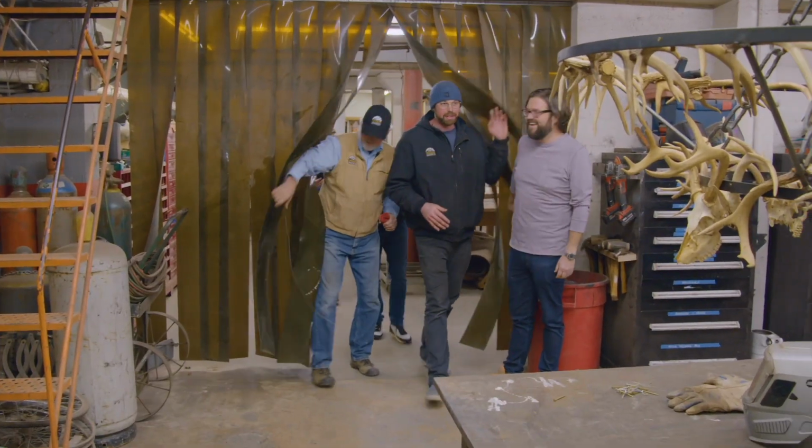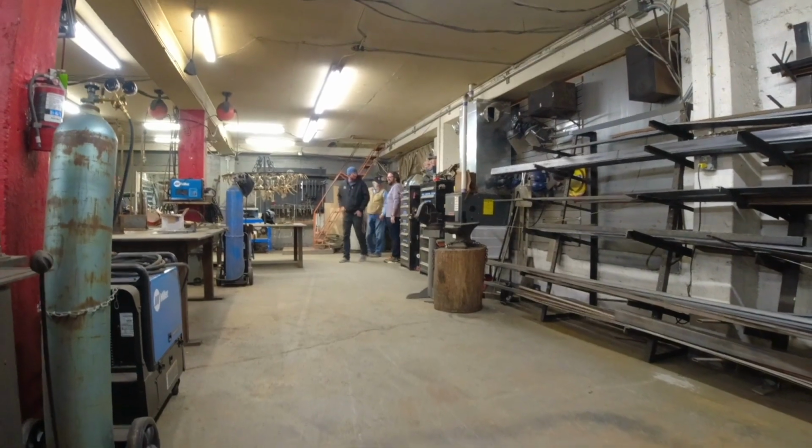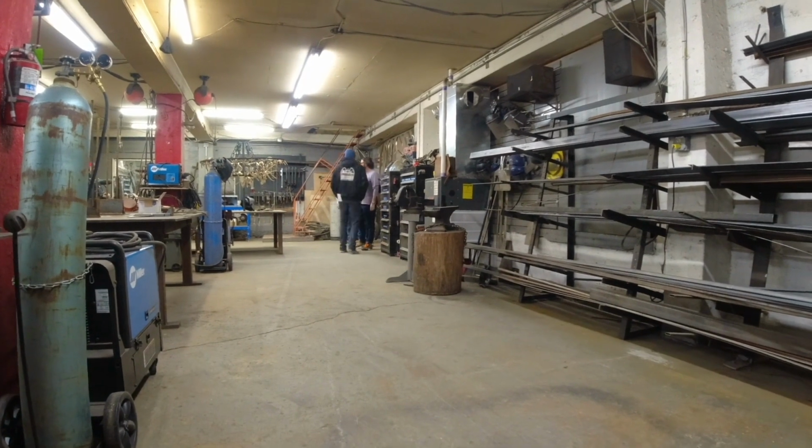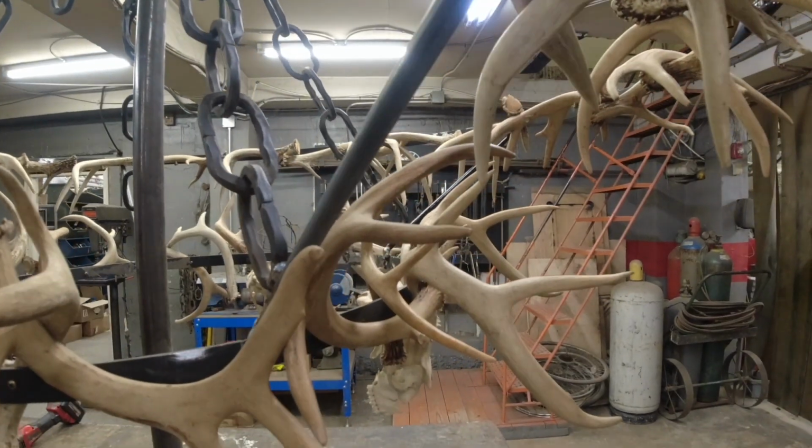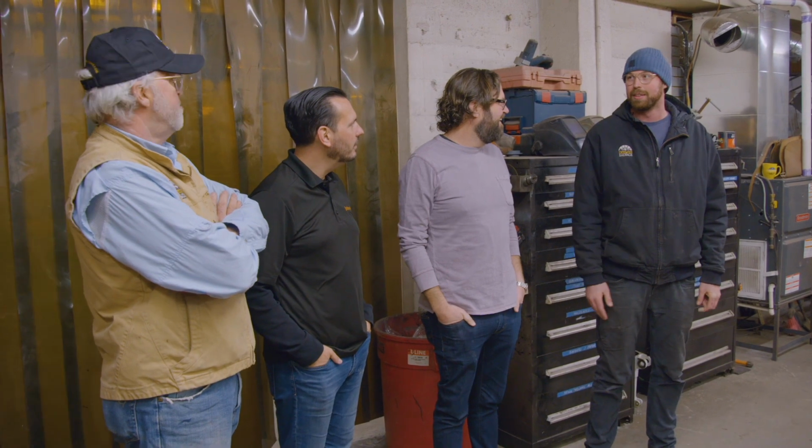Well, here's the metal shop, fellers. Oh, yeah. So this is Tay's domain. Well, this is where I chose to sequester myself for a long time. Metal welding, that's just what I fell in love with. Dad taught me how to weld probably 15 years ago. If y'all see my welds, he took it beyond. I took it from there. He gave me a good starting point, and then I...